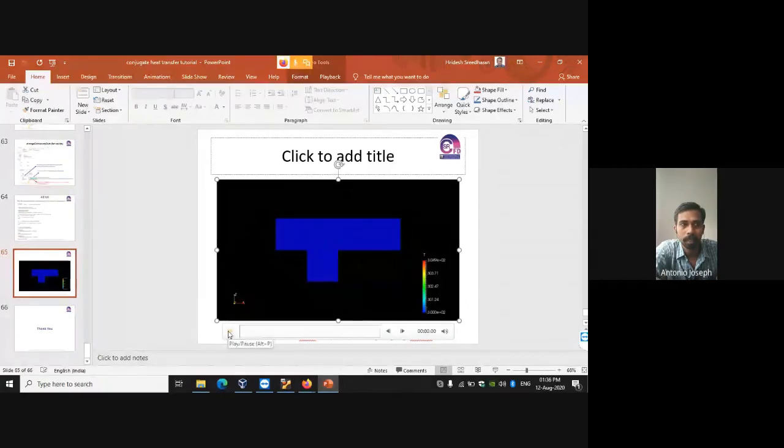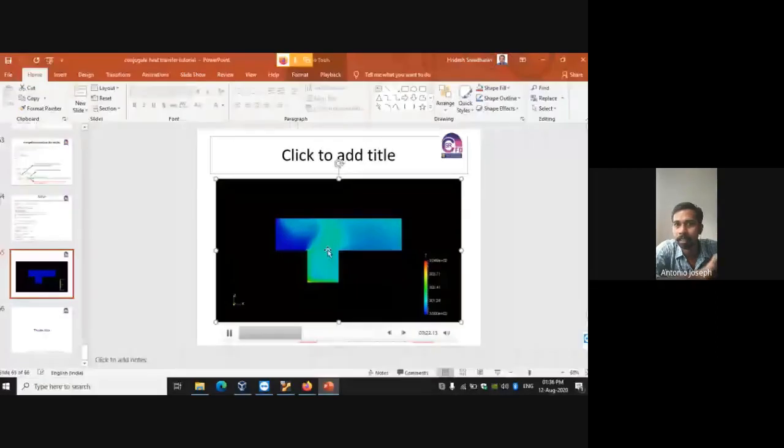So this is just an animation of how the results look. Because the air is flowing from the left, and there is a heater at the bottom, the air inside this cavity gets heated up, so that due to the buoyant effect, it rises, and it will be getting mixed with the air coming through the inlet. So we'll be getting some wavy shape due to this effect. So this is what we are doing in this particular case.